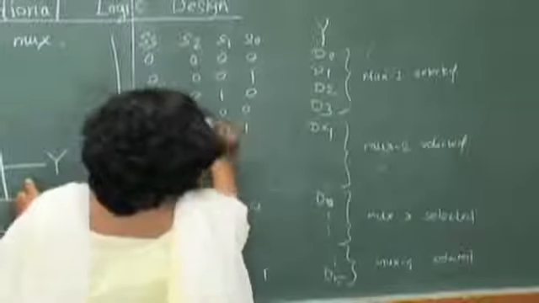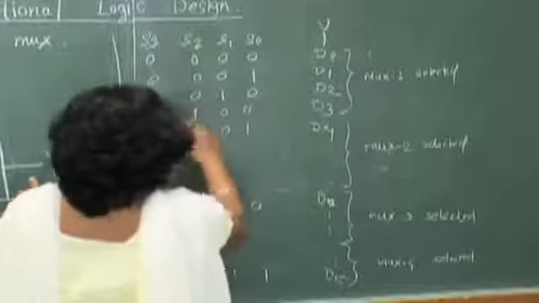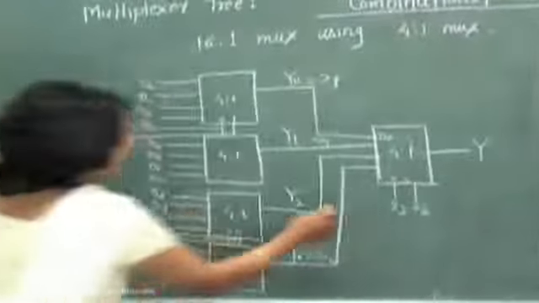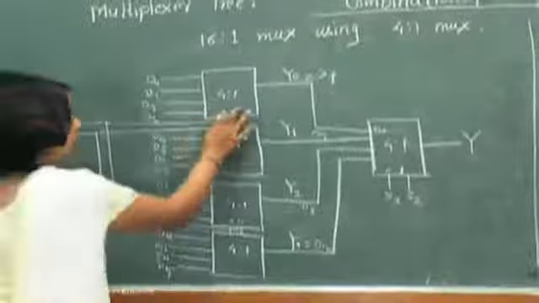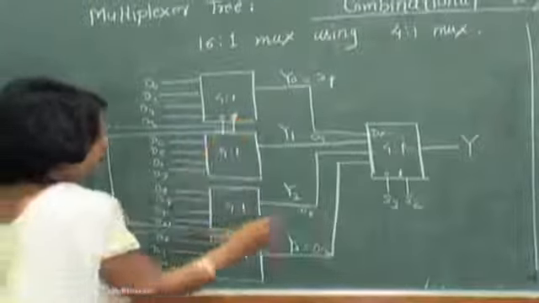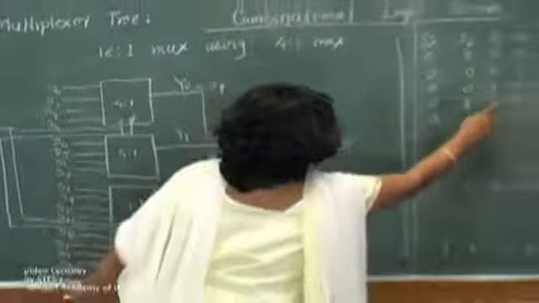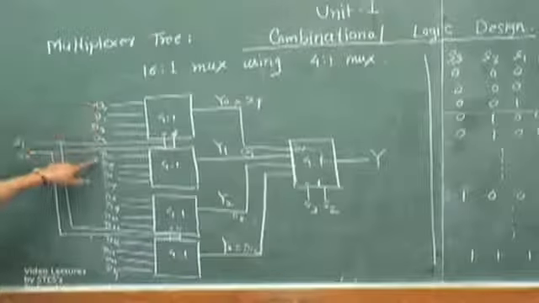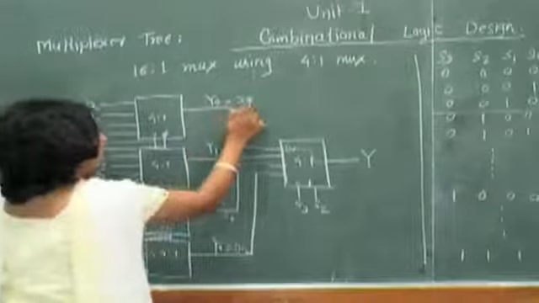Now let us go for the next case where 0, 1, 0, 0 is there. Now see what will happen. When it is 0, 1, 0, 0, this select line will become 0, 1. And now this is again 0, 0. That is, S3, S2 are 0, 1 and S0, S1 are 0, 0. So here what will happen? When it is 0, 0, again the D0 line will be selected. So here it is D0.